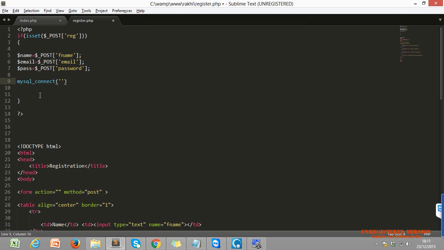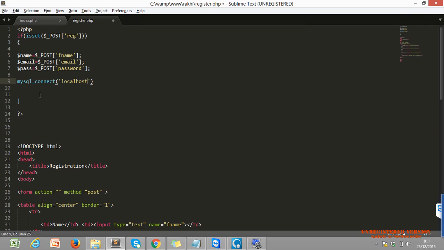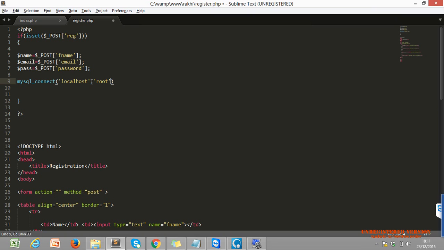Within the first single quotes, the server name, comma, and the second, the username of our database. And the third one is the password of our database. By default there is nothing, so I use blank.